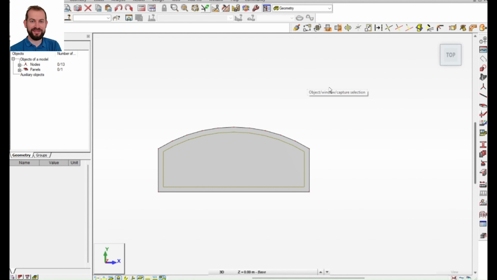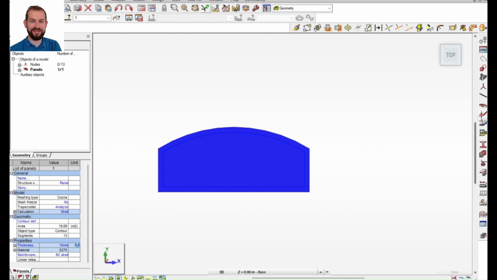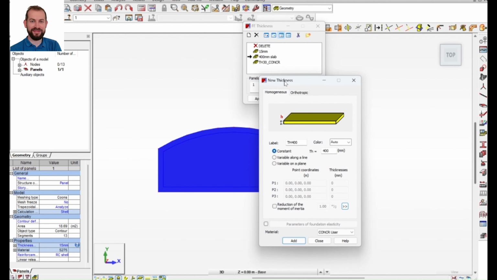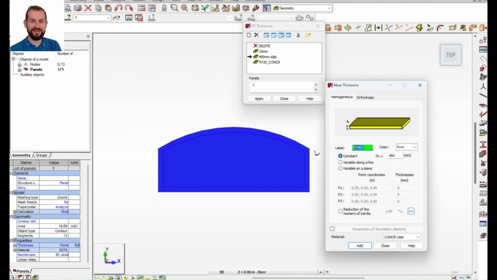We need to add the openings that we have in the slab. We need to add the thickness, and we need to add the lifting points. But add the thickness first. Over here on the right hand side we have thickness. We click on that, and I have a 400 slab put in here. Let's say this is a 250 slab. So we can put in new. So it's a 250 millimeter slab,